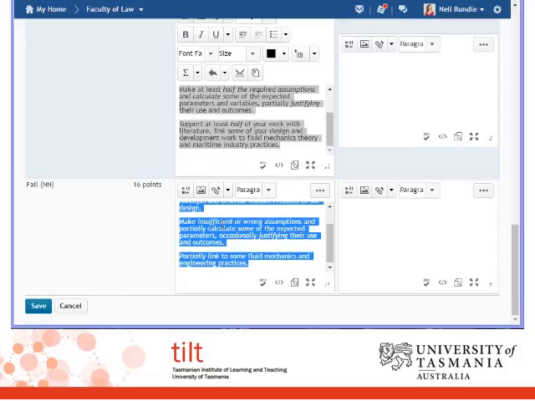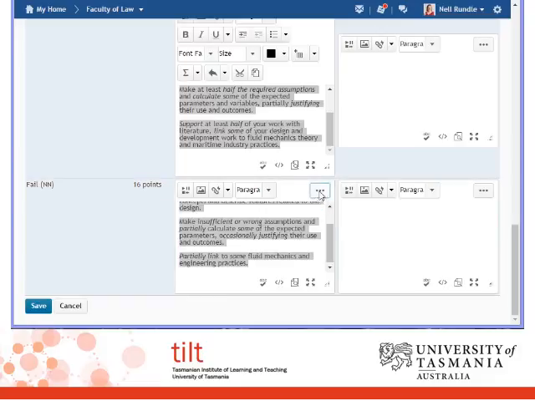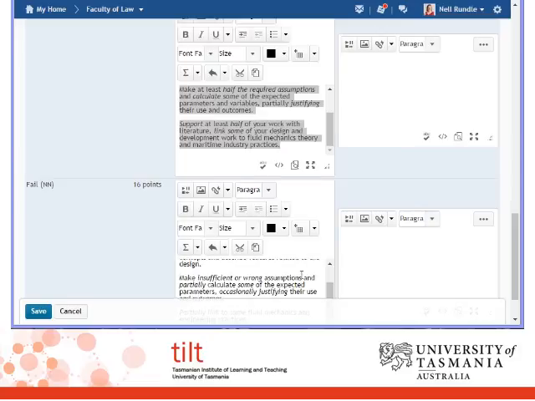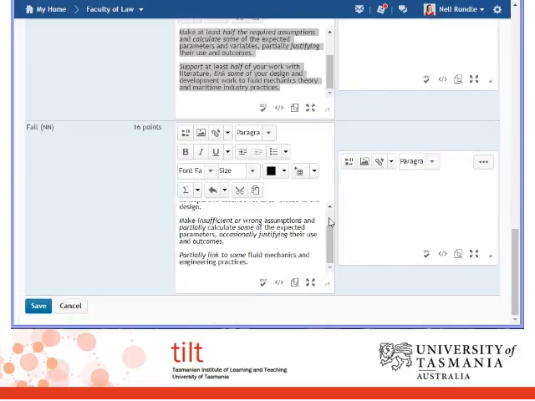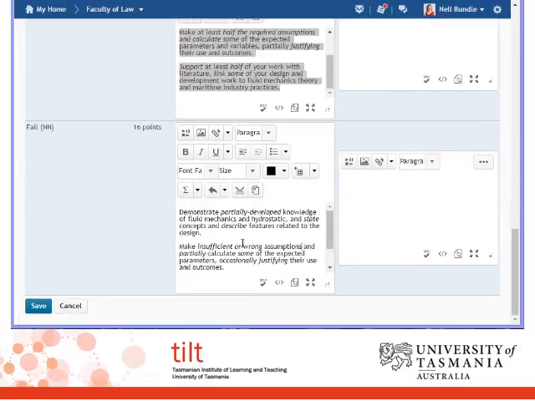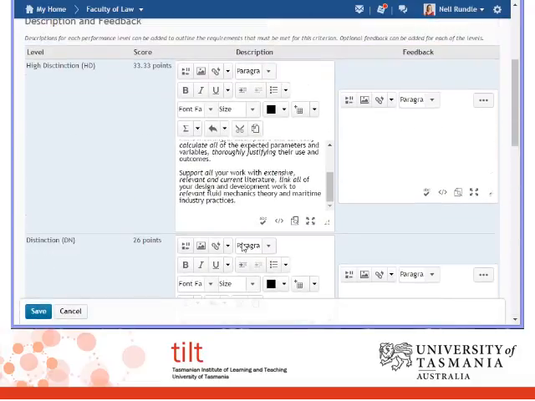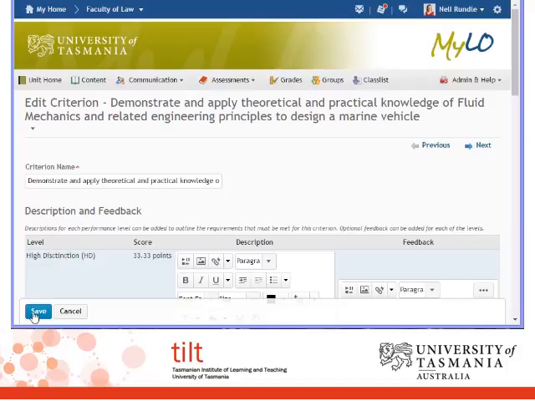When describing a fail for students, that can often be a place where you describe things that students may think are sufficient, but which are not in fact sufficient. Now, it's a good idea to then select Save,